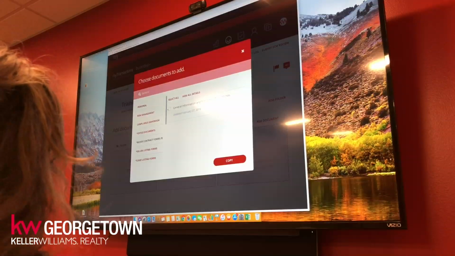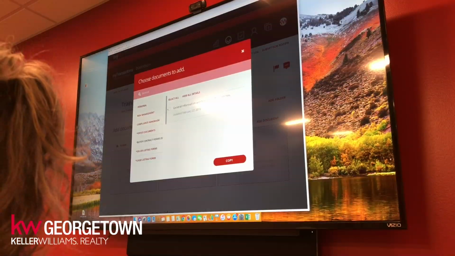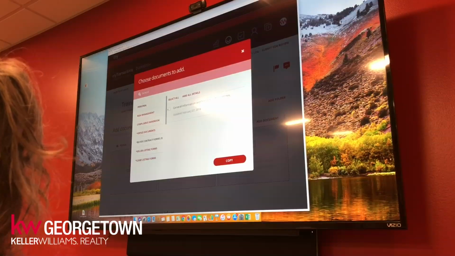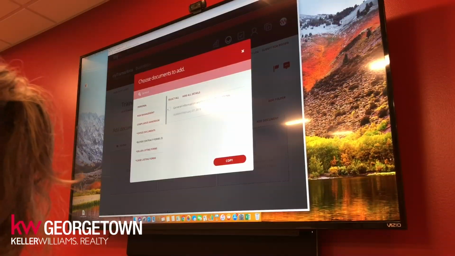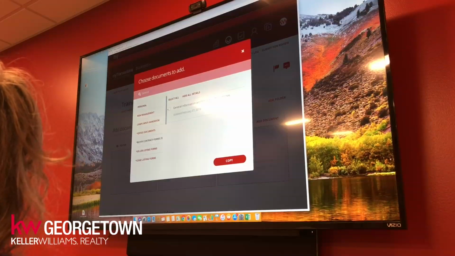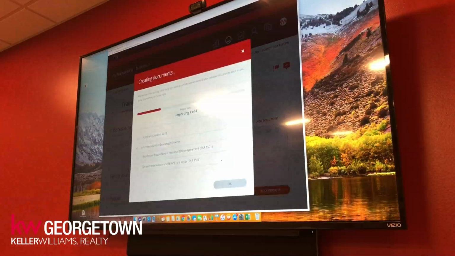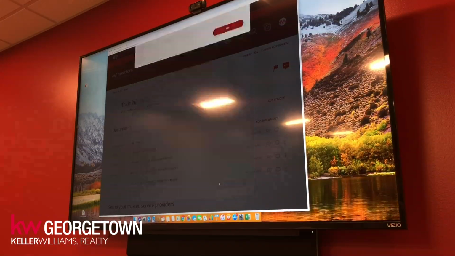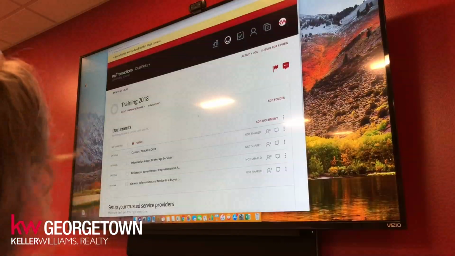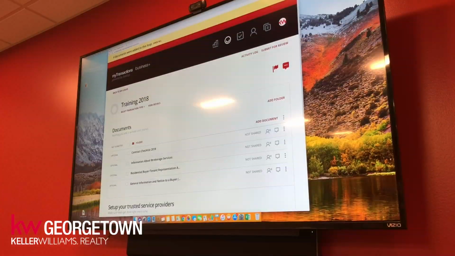So TAR, TREC, we don't have a folder with all documents. We just have the individual folders, plus we have all TREC documents and all TAR documents that are in here. So there's your general information. You select that and you hit copy, and all those documents now have been populated in here. So the first time that you check